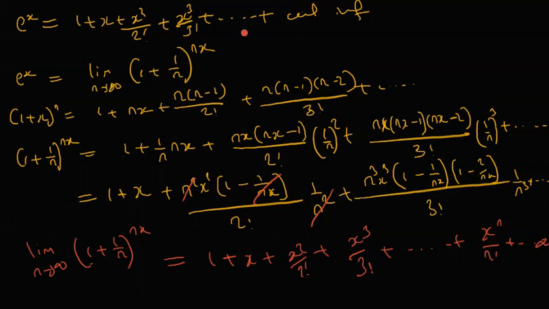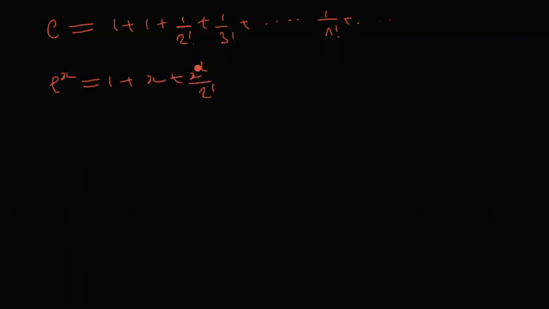So we have derived 2 results so far. The first one is that e is equal to 1 plus 1 plus 1 over 2 factorial plus 1 over 3 factorial plus up until 1 over n factorial plus infinity, and that e to the x is 1 plus x plus x squared over 2 factorial plus x cubed over 3 factorial, and we'll do this to x to the n over n factorial plus continuously. Notice that there will always be some small remainder here, but I purposely did not cover this remainder